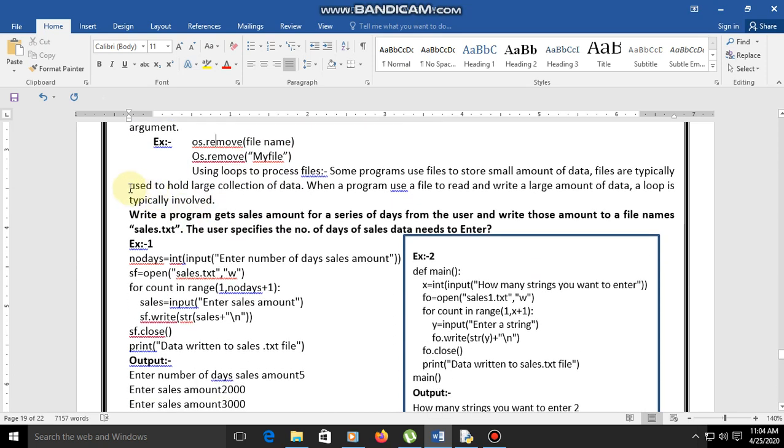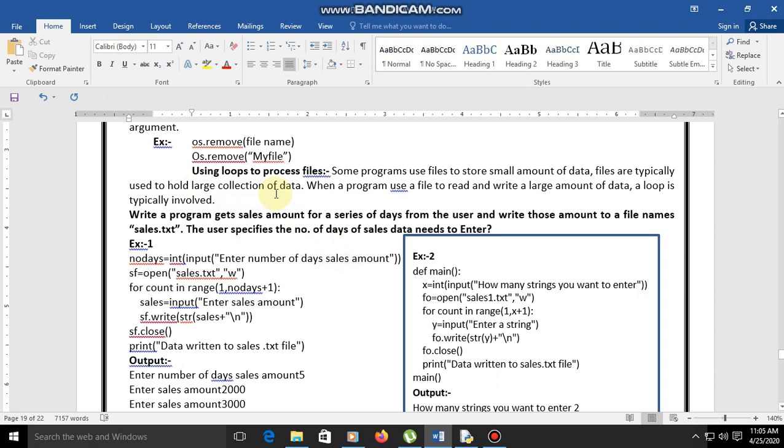Now here is another concept, using loops to process files. Some programs use files to store a small amount of data, but files are typically used to hold a large collection of data. That means files are used to save a large number of data.